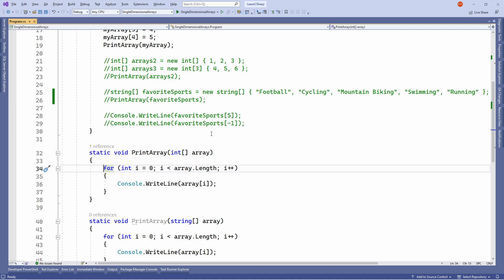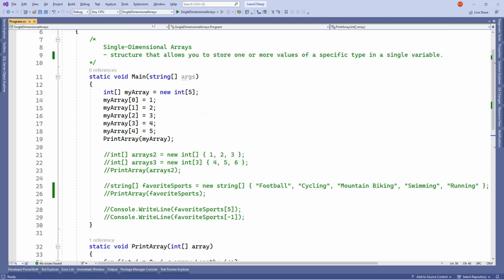One way you can access an array is you can loop through each of the items or elements in it. So this way we have our for loop. We have declared a starting value, which would be our starting index, initialized to 0, since our array would start with 0. And then we have our condition that if the index is less than the length of it, then we execute this code, and then we increment so that we can move further within our array, okay? So if we run this,